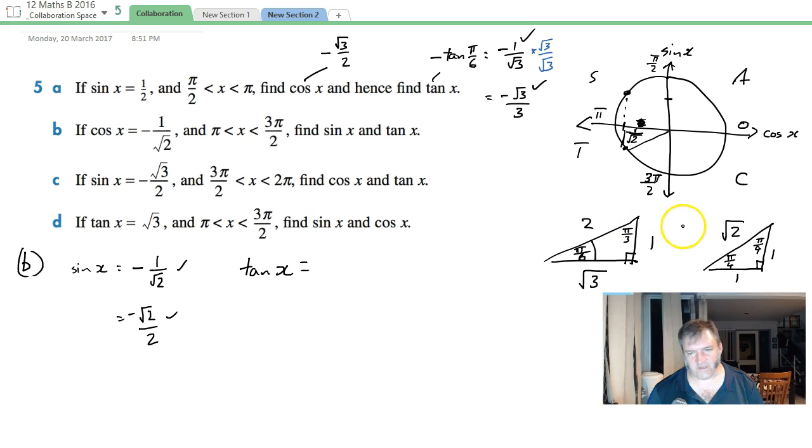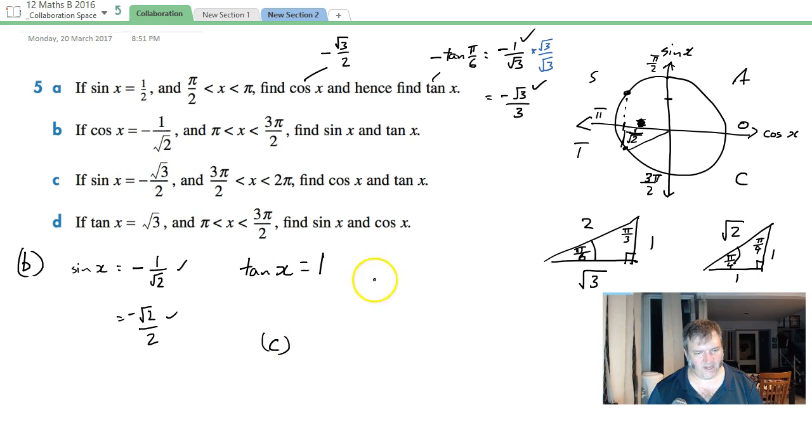All right, tan of x. Well, this is the 45-degree one, so we can see it's already going to be 1, and tan is positive in this quadrant, but let's just check. Opposite over adjacent, yep, that's 1 as well, so the tan of x equals 1. If I go on to part C,